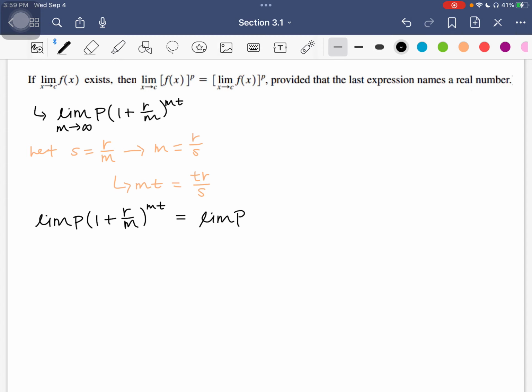So it's going to be the limit, we have P here, and then we'll have 1 plus, we said that R over M was S, so we're going to have S here. And then we showed that M times T is just going to be TR over S. So we have the power TR over S. And the last thing to note here is that looking at our equation for S is equal to R over M here,